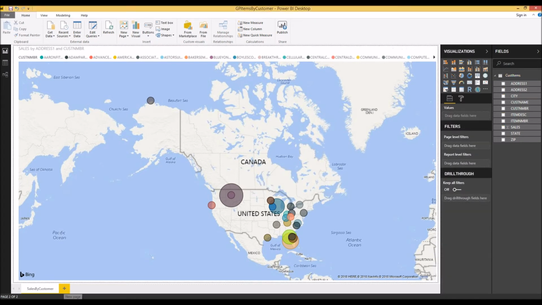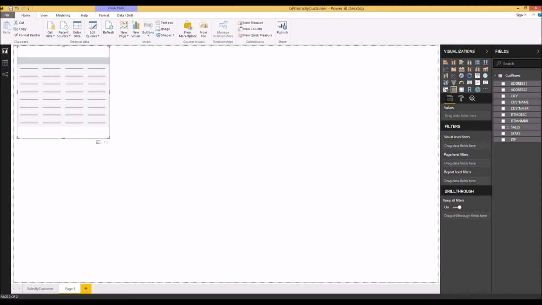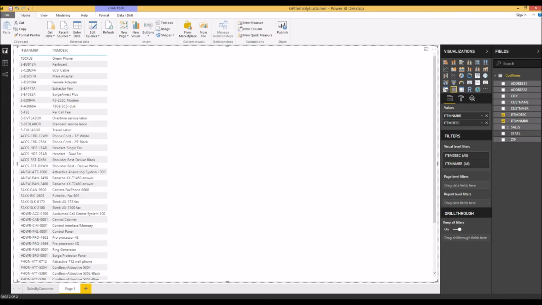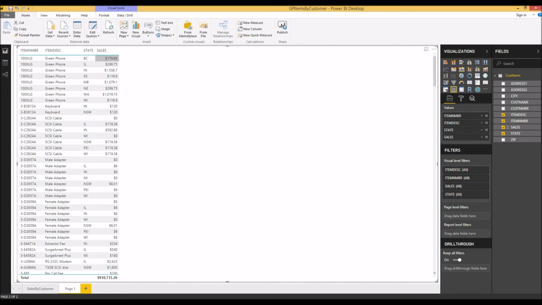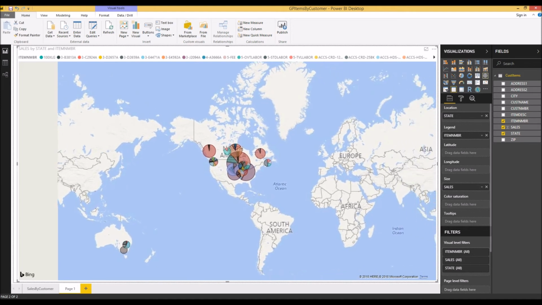Now let's do another page and try item sales by state. Let's begin with placing a table here, make it full size, and then let's click on item number, item description, state, and sales. You see summaries by state in the form of a table, and if you click on the map, you will see a world map, because we got a few customers in Australia. So if you move through the states and